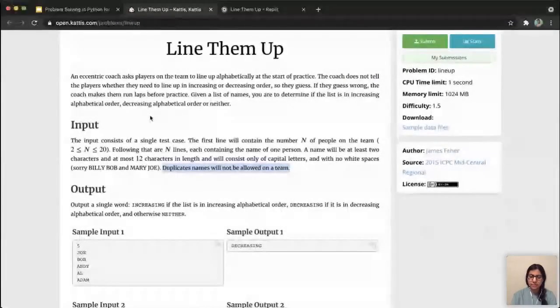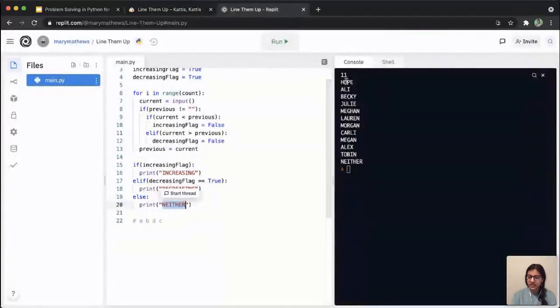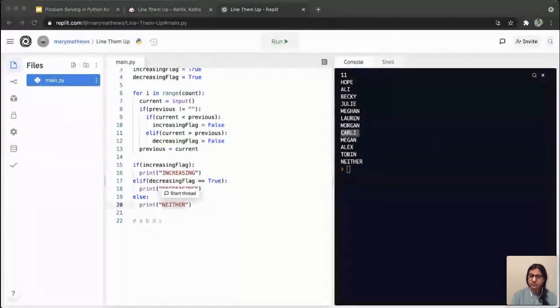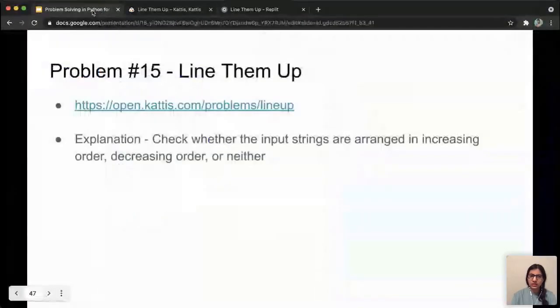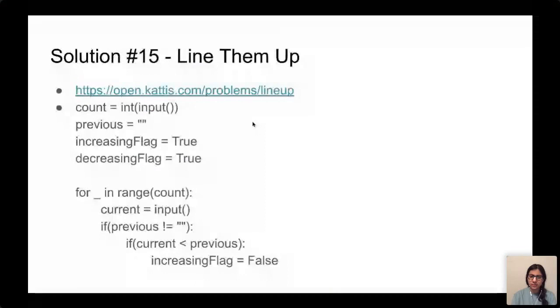Ma'am, one more question. Is it checking only that index 0? The first character, you mean? Yeah. Okay, no, it's checking the entire name. I was just using the first index as an example because that itself is quite clear. But it is checking the entire name, not just the first index. Okay, so now I hope I can move on.